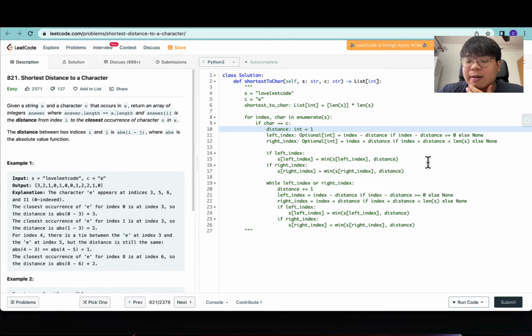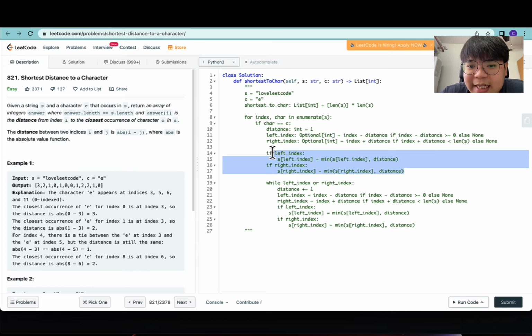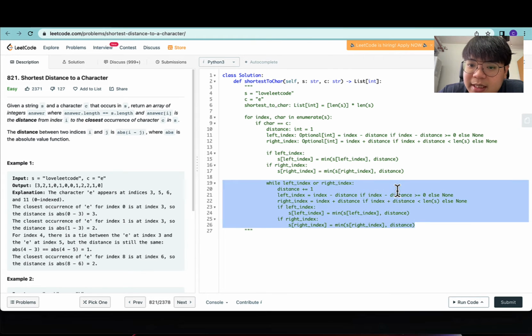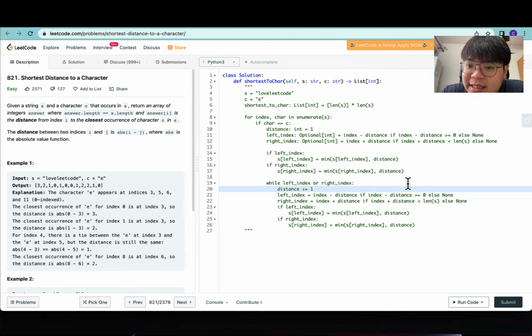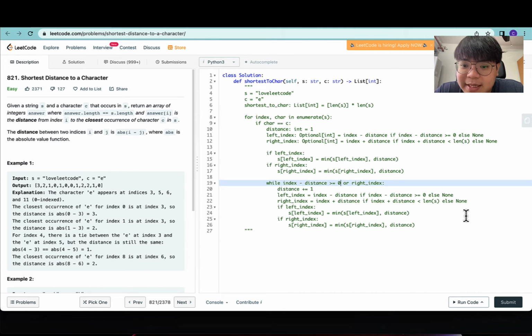So this looks good. But as we can see, the current implementation is pretty long, and that's because there's some duplicate logic over here. There must be a way for us to edit this so that we do not have to do this first. In fact, we can just do index minus distance more than equals to 0 and index plus distance less than length s. So instead of defining left index and right index verbosely,